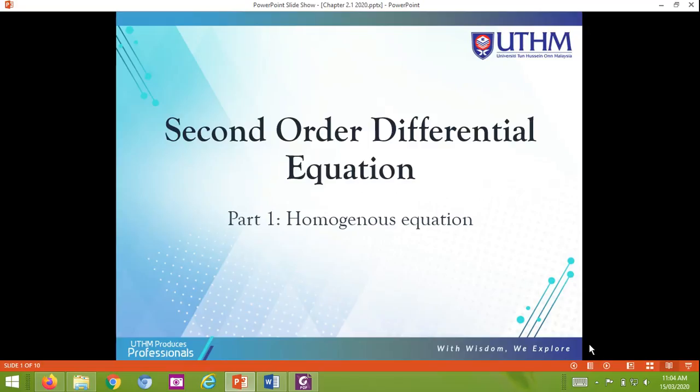So for the class today we will conduct in the FOC. So we proceed to chapter 2. We already completed chapter 1. Chapter 2 is the second order differential equation. So part 1 is related to the homogeneous equation. Okay, so for the previous